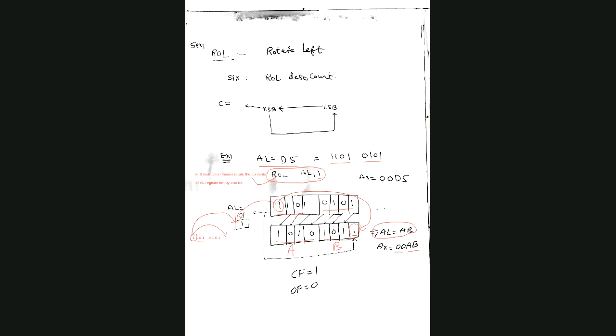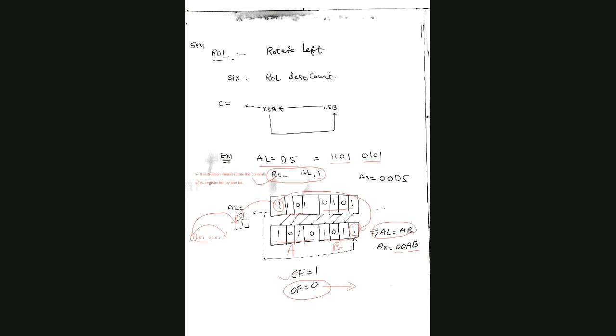Do all of you understand this? Okay. Yes, carry flag is 1. What about the carry flag? Initially we don't know what it was, but this 1 will be copied into it. That's why you see the carry flag is 1. Now the overflow flag is not determined here, because the carry flag we know now is 1, but earlier what the carry flag was we don't know. I will tell you how to find out the overflow flag also. Here I have written overflow flag is 0, but it is not 0, it is undefined.